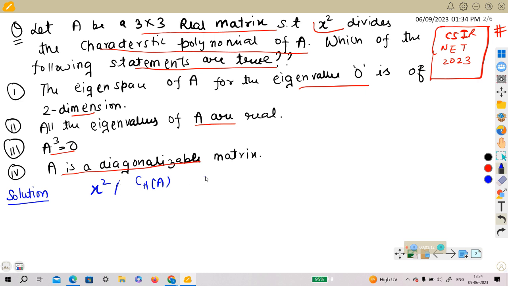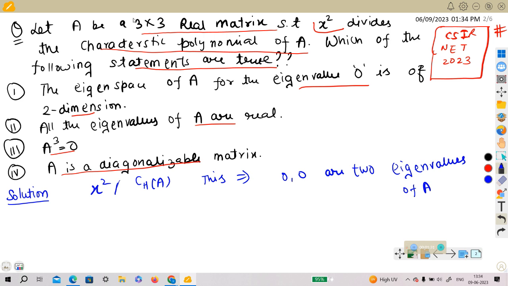What does this mean? This implies 0, 0 are two eigenvalues of A. We are sure that there are two eigenvalues of A, 0, 0, and this is a 3 cross 3